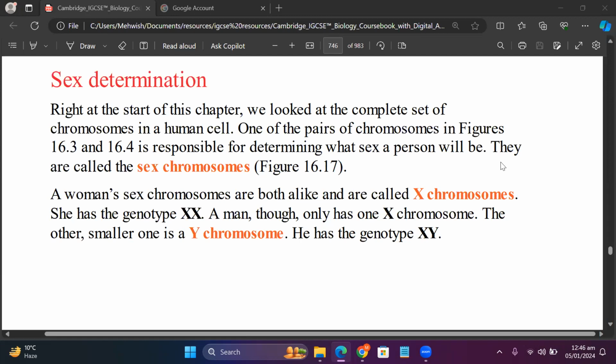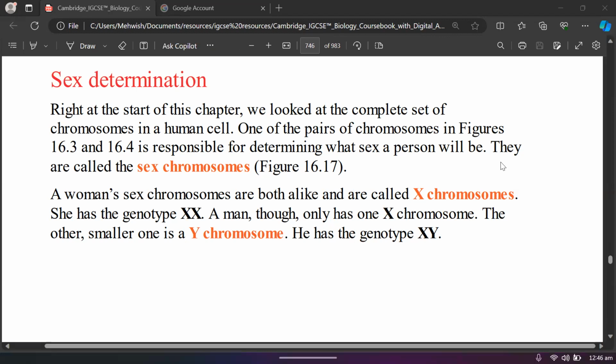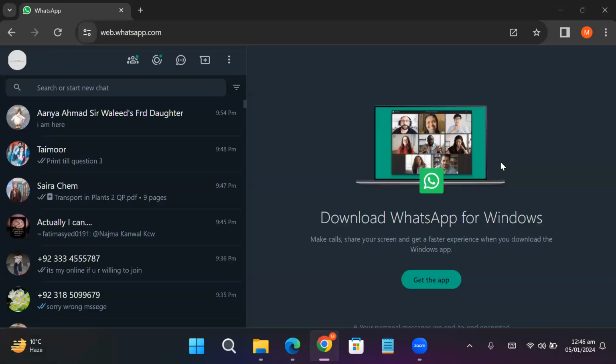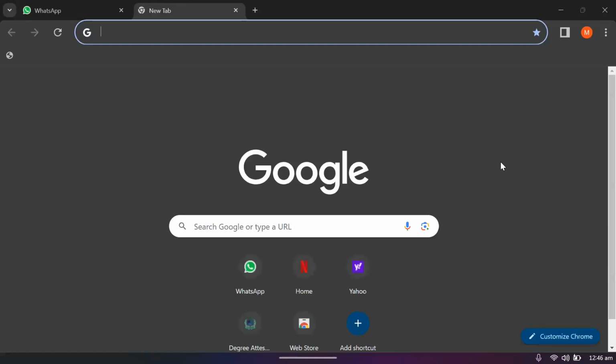Actually, you know that in humans we have 23 pairs of chromosomes, and out of those, 22 are autosomes, and the 23rd pair of chromosomes is considered the sex determining chromosome. Now, if we look at the genotype of an individual, right,